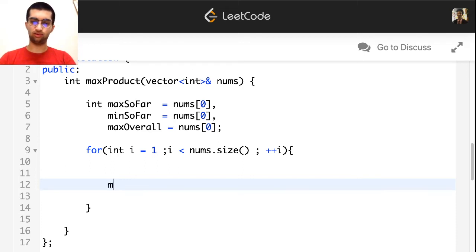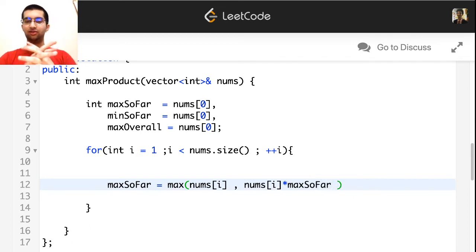So max so far equals the maximum value between the first, nums i, that is, assume that it's just you alone, or you multiplied by the previous max answer. Okay, is that it? No, that's not enough. Let me tell you why.